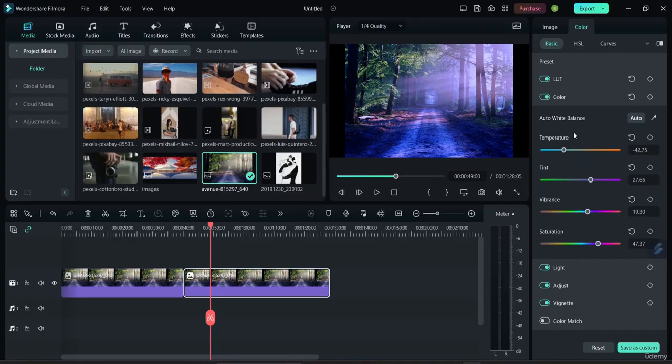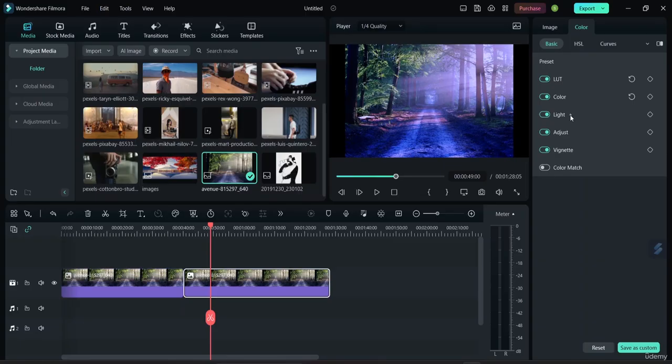So we don't have to manually work with temperature, tint, vibrance, and saturation. And here we do have another option if we want to particularly put color in any place, it will appear like that. Okay, I'll just select the auto,